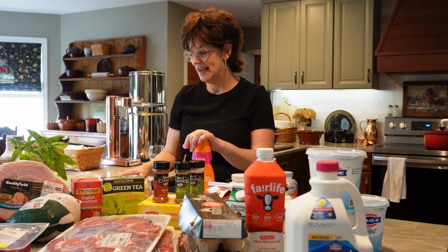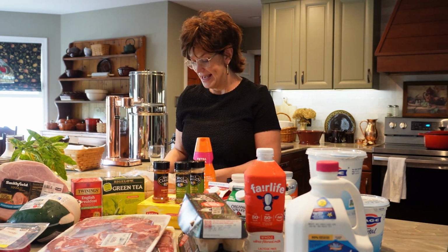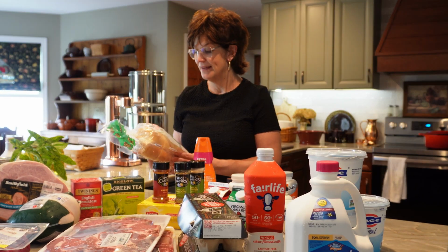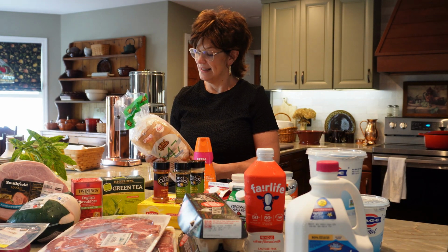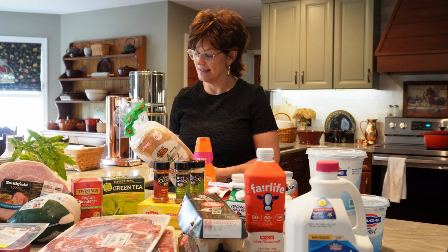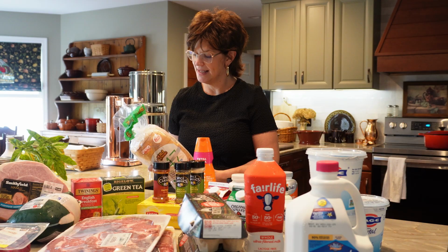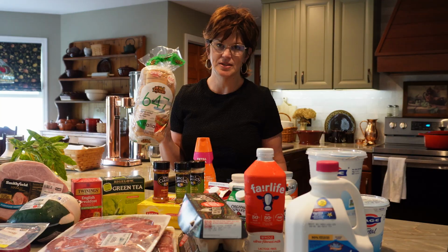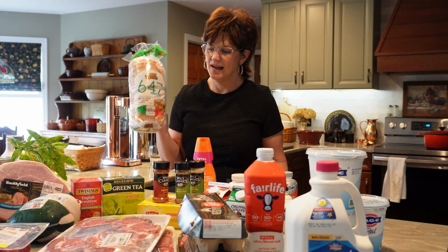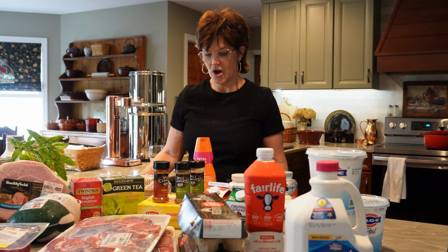And the other thing I bought today, because I have the ham, I know he's going to want to make a sandwich. And this is keto friendly. However, it has a huge list of ingredients, and let me make sure I'm right here. It does have soybean oil. It's kind of way down on the list, but right now carbs are more dangerous to him than an occasional soybean oil. So that's our carnivore and keto haul,